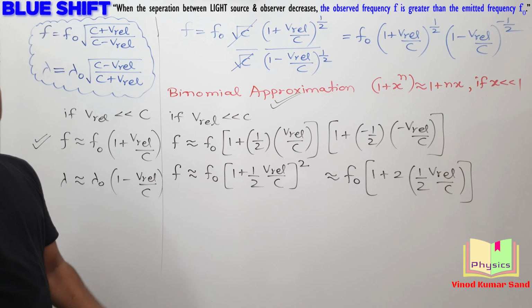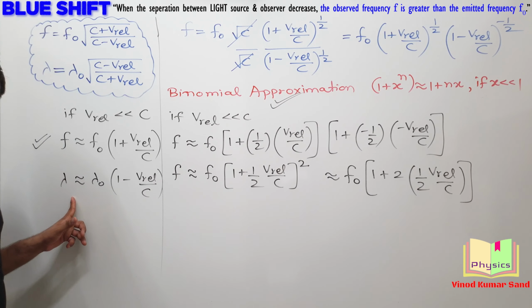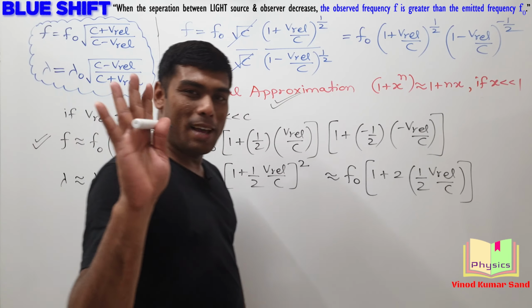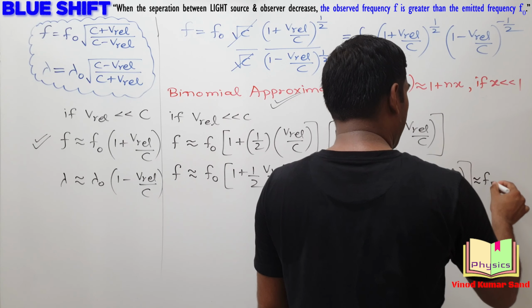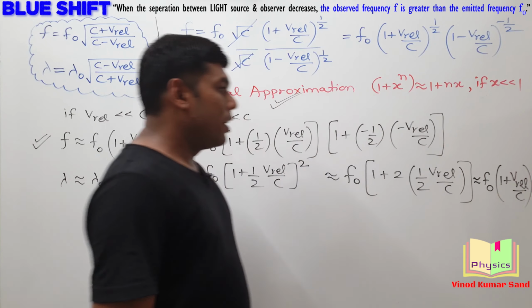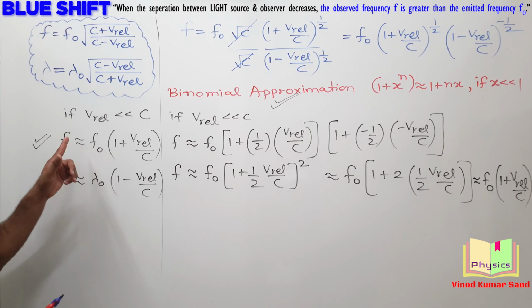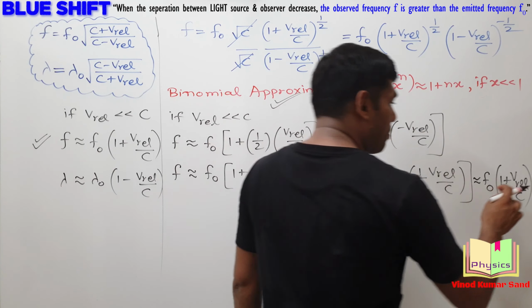Got it? In the same manner, we can do the computation for lambda. I am not going into that. I am leaving that for you. So I am writing the final expression here, f naught times 1 plus v relative by c. Keep in mind that this expression is valid if and only if v relative is much smaller as compared to the